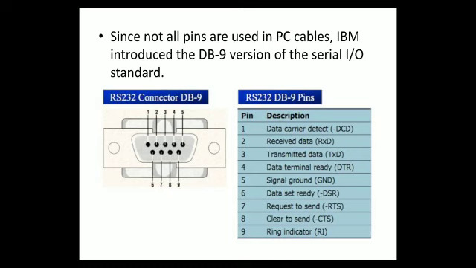Okay, so which are those 9 pins available? Let us find it out, and also we'll discuss the applications of these 9 pins. The first one, pin number 1, is called data carrier detect. The job of this is to find out whether a successful communication has been established between the sending and the receiving equipment. Pin number 2 is for reception of data, purely meant for receiving data.